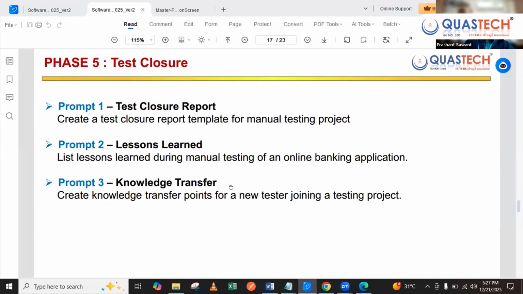Testing was marked totally completely done only when our test closure report was submitted to our project manager, and one copy of it was submitted to the user acceptance team, saying that from our end our testing has been completed. This is the summary of the entire testing